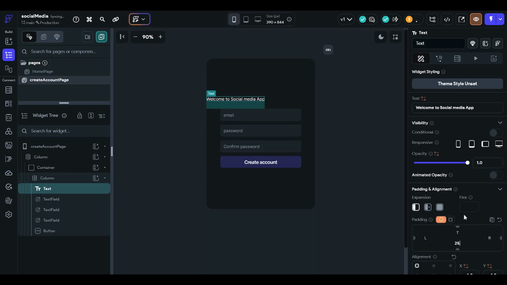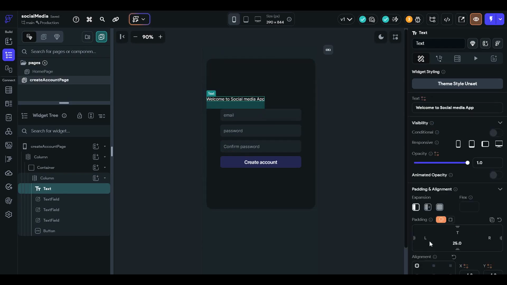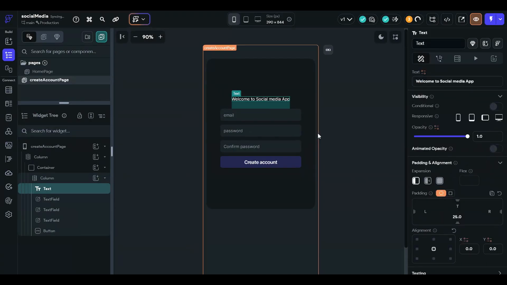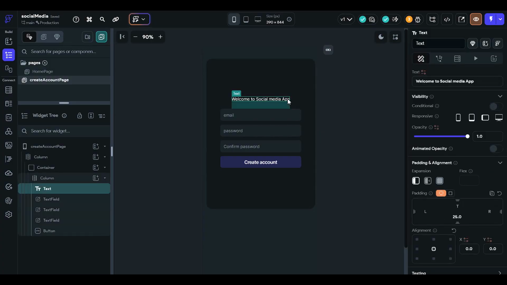We will also change the font. I think I will make the alignment to the middle. We will change the font.